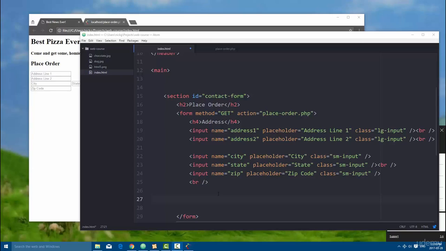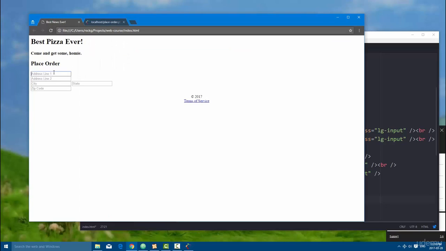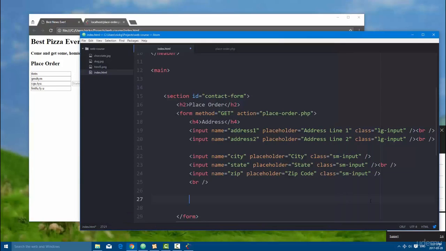So what we've done so far in this form is specifically all we've done is used input elements, and that kind of lets the user type in whatever they want. You know, they could type in gibberish here. So if we put an input here that allowed them to type out what ingredients they want, they could ask for some pretty crazy ingredients that no pizza place would actually offer. So what we need to do to limit that and to make it a lot easier is to use checkboxes